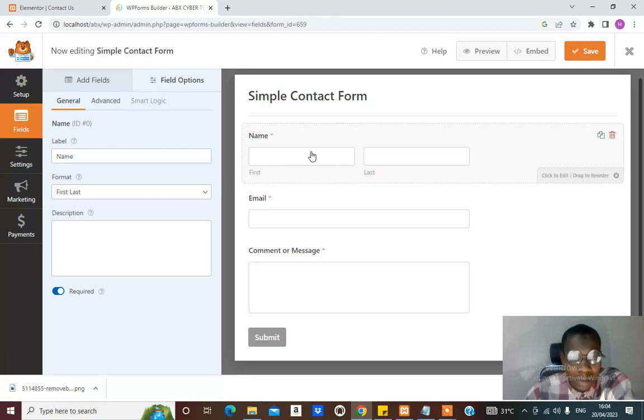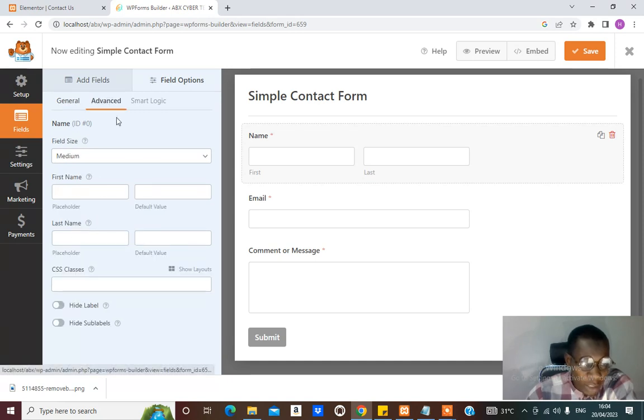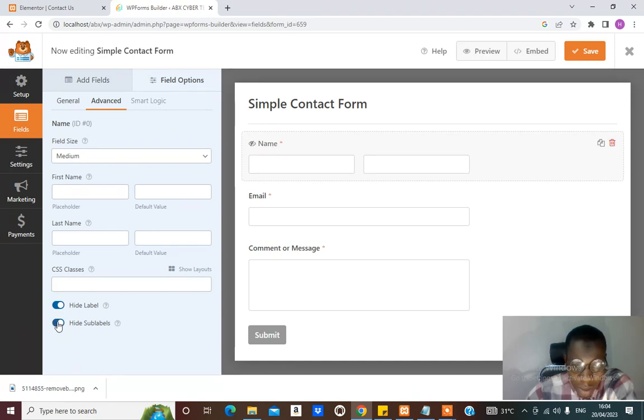If you click here, it will show you the detail of this input. This input will have first name, and this one will have last name. Then if you don't want the name to show, you can hide it from the advanced settings. It's hide label, and everything will hide. Then if you want a placeholder, you can now type it. First name, first name,